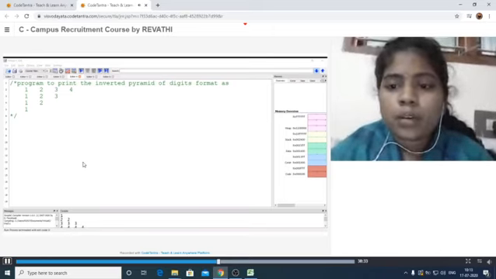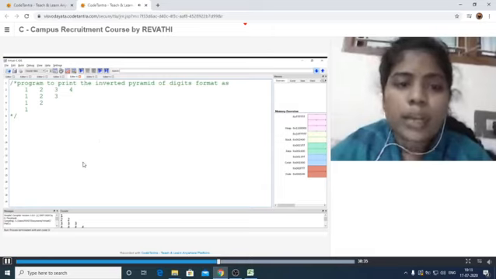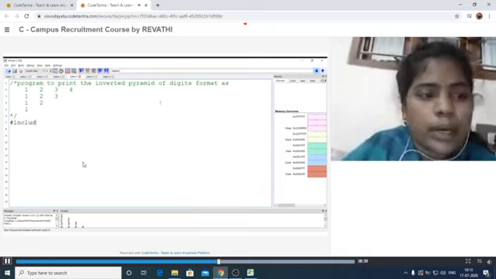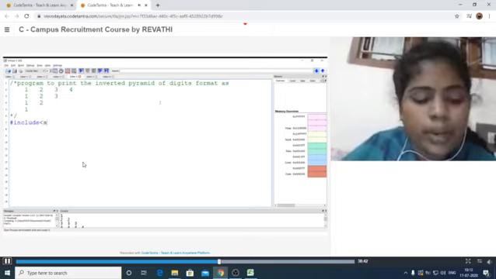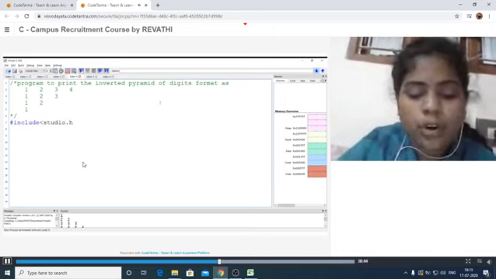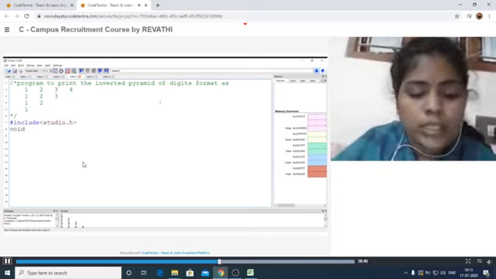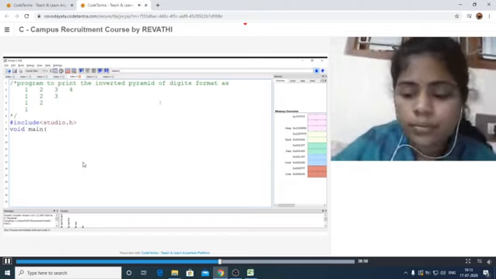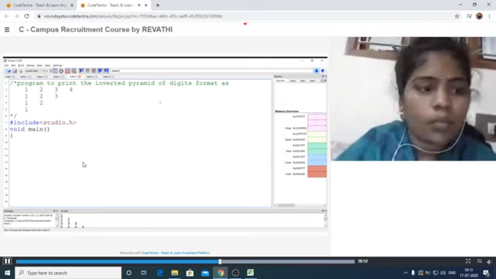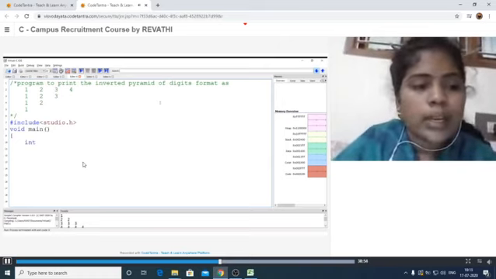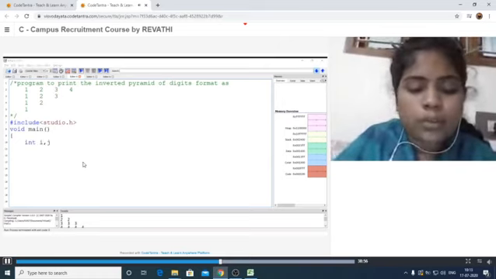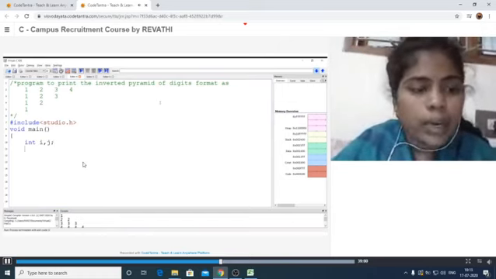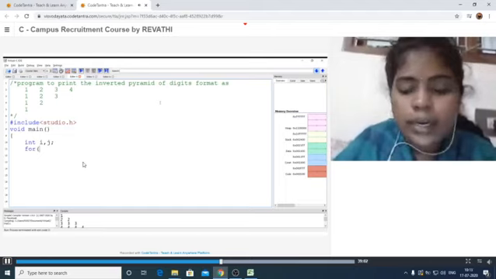Now let us write the program here. Here also there is no need to take input from the keyboard. Directly we can write the header file #include <stdio.h>. Next, execution starts with void main. After that, take the variables i, j as input values. No other variables are needed here. Let us write the for loop directly.